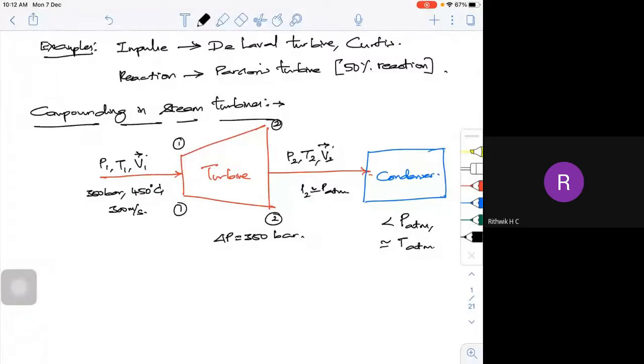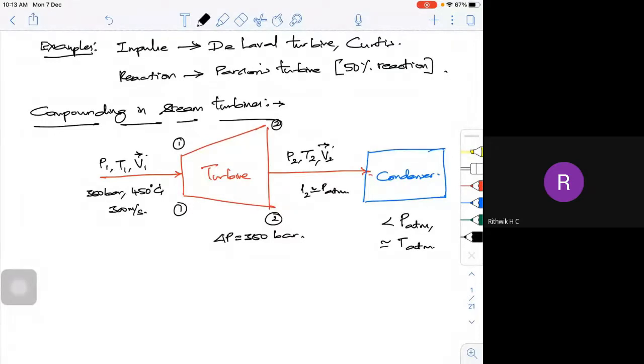So to compensate for this, or to ensure that there is smooth working of your turbine, we go for what is called staging. That is, arrangement or extraction of this energy in different stages. If I do it in n number of stages, 2 or 3 or 4 stages, then all these problems can be mitigated to a certain extent. So the cost may come down, the stress on your components can be reduced because of not operating at very high speeds, so your balancing problems can be reduced.